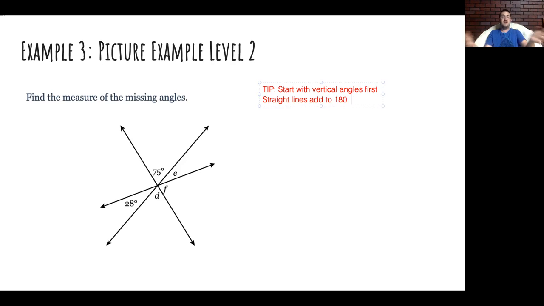And then angles that create a straight line add up to 180 degrees. So I would say the easiest angle to start with is angle D. So I'm just going to say that angle D is 75 degrees,